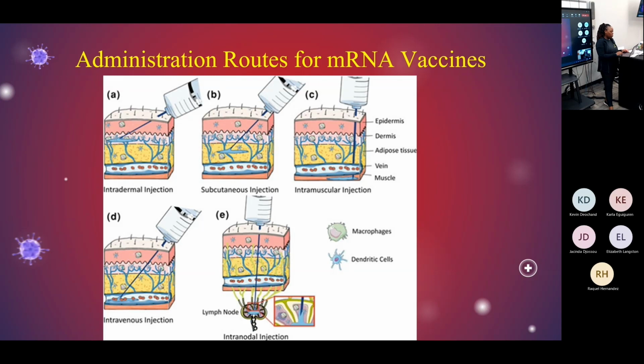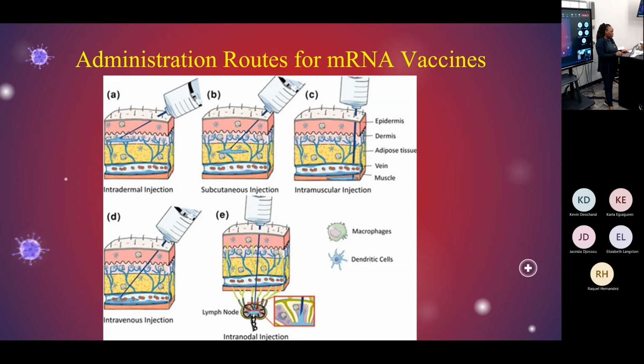Then you have intramuscular. So the vaccine is administered directly into the muscle. The muscles have a large network of blood vessels that allow them to recirculate and recruit different immune cells. Then you have intravenous injection. So this route allows for the largest injection volume of all of these options, and it delivers the mRNA into